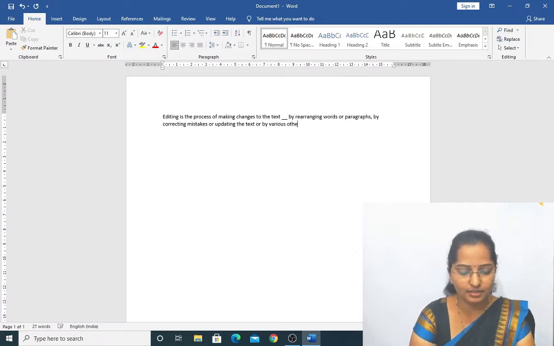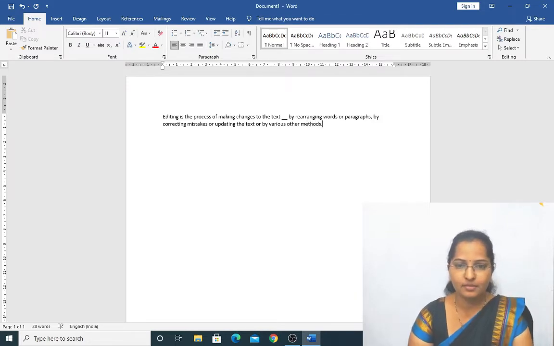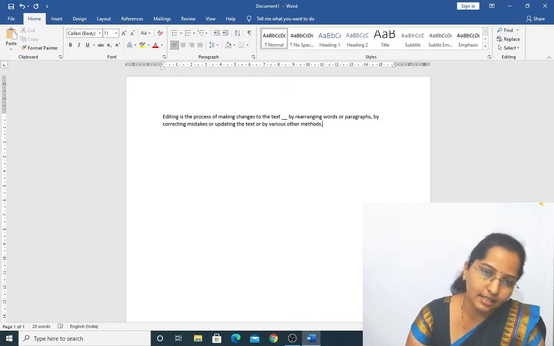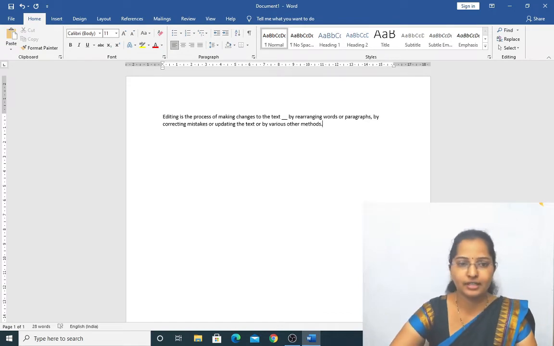Various other methods. It is the definition for editing.